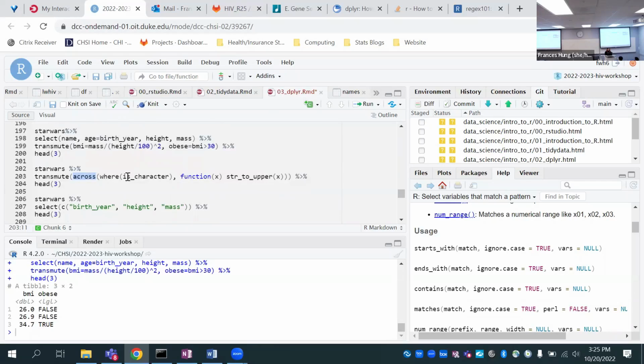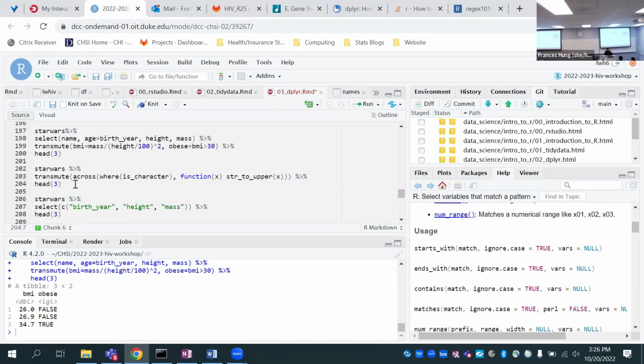So here, if we want to do the same function, in this case, turn all of our strings to uppercase across lots of different variables, we can use the across function to select, in this case, all of the character variables. So here, what we're doing is we're transmuting all these character variables to uppercase.